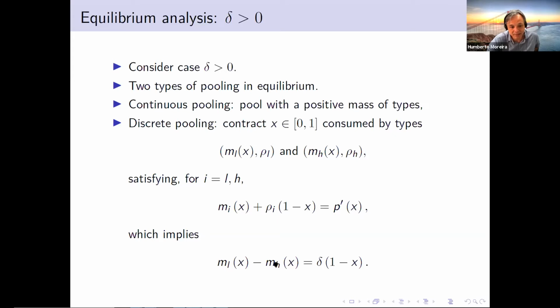And this implies that there is a gap between the two types, low risk aversion and high risk aversion, that are choosing the same level of coverage. There is a gap between these two. So for the same level of coverage, there is a high risk associated to the low risk aversion type compared to the high risk aversion type. So this difference is positive, meaning that the low risk averse type is going to be higher than the high risk averse type associated to the same coverage.